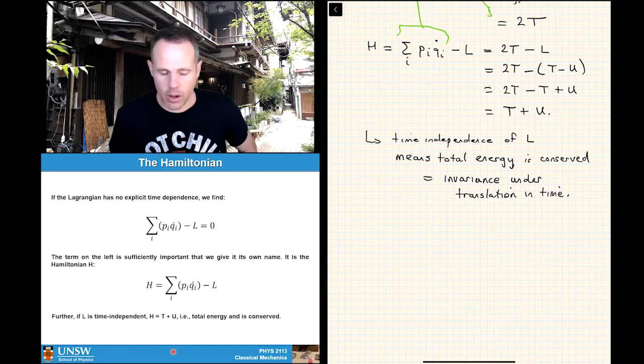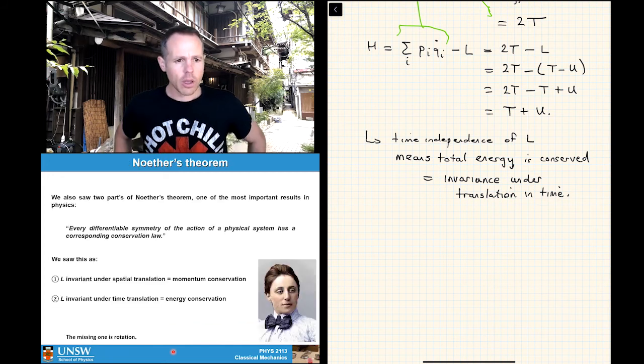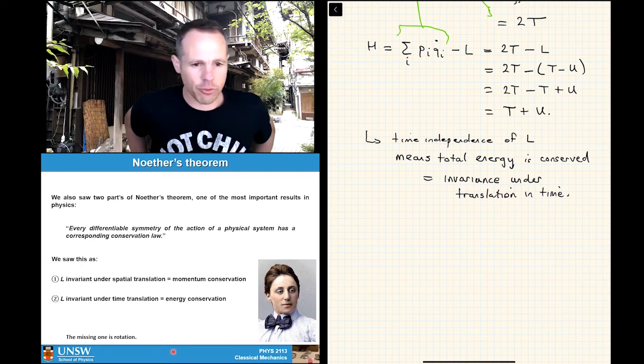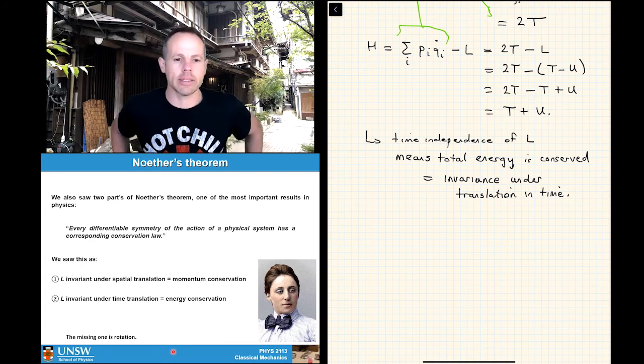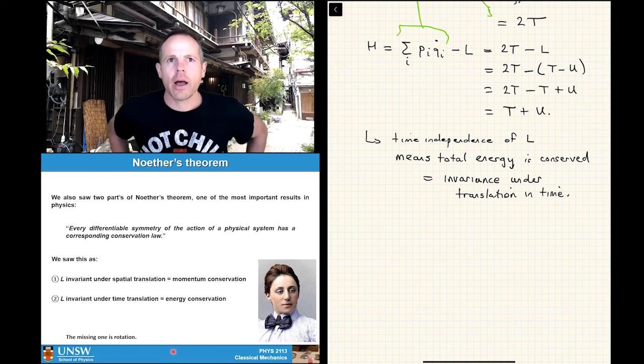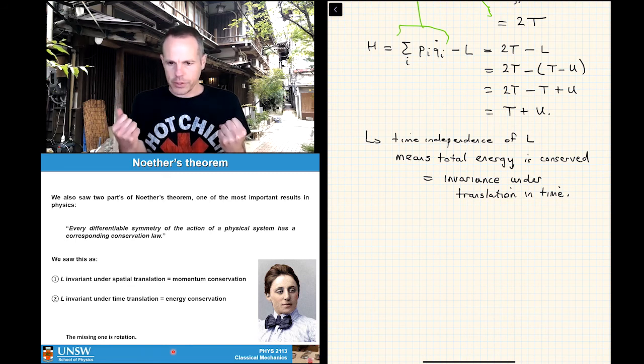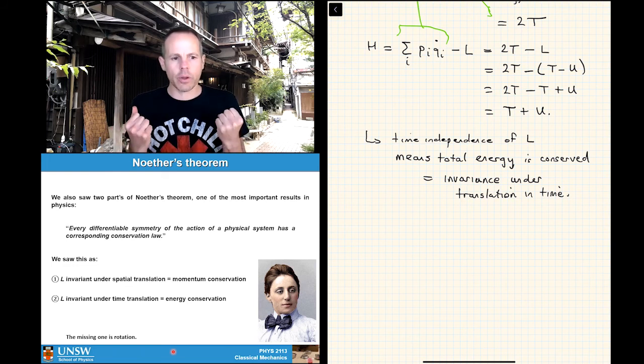And that leads us to something kind of nice, which you'll see again in the second half of the course, called Noether's theorem. It's probably for me one of the most significant results in physics, full stop. And when you realize it, you realize both that it's surprising and a very powerful tool. The idea here is that every differentiable symmetry of the action of a physical system has a corresponding conservation law. In other words, what we do is tie conservation of various variables to symmetries of the physical system, okay? And when we mean symmetries, what we often mean is invariances under translations